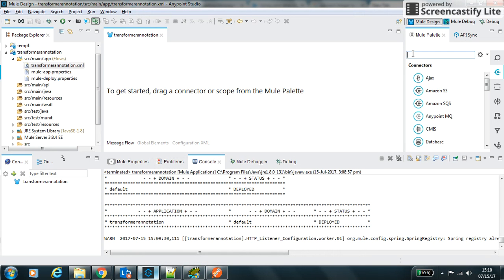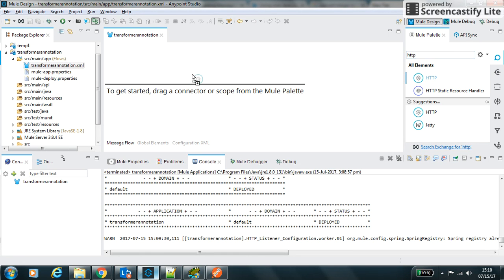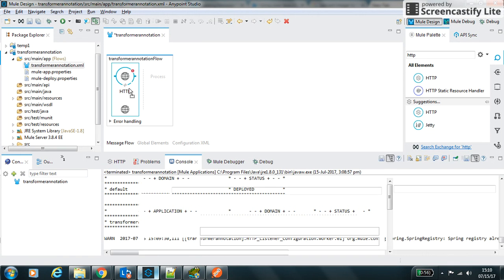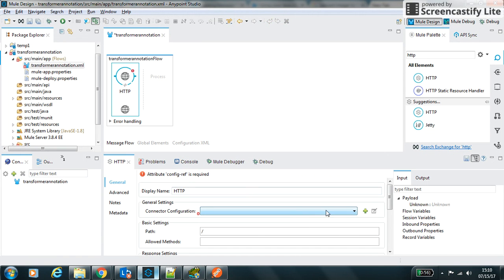And first of all, we will use the HTTP element to get the request and configure it as default. And I can use the path as custom. We'll save it, and we will use the set